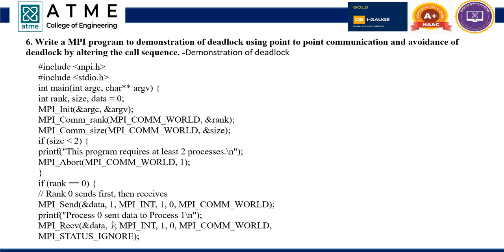Now print process 0 sent data to process 1, because here rank 0 is sending to rank 1. So process 0 sent